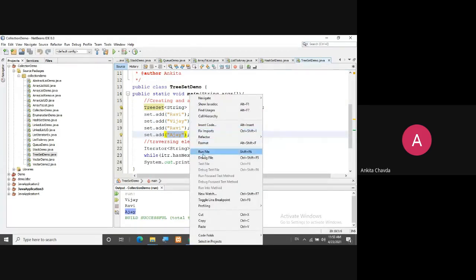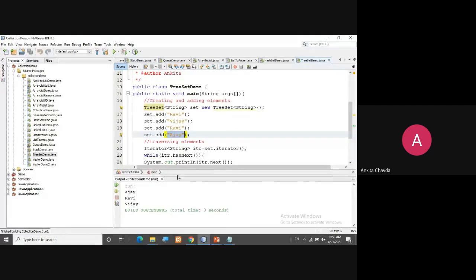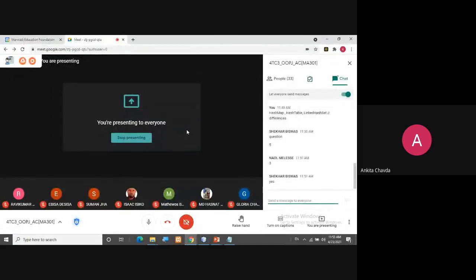Now when you run this, it will be in sorted manner. So first here Ajay was inserted at the last, but still, according to A, it is sorted first. So Ajay, then Ravi, and then Vijay. In tree set, you will get the elements in sorted manner. Is it clear?